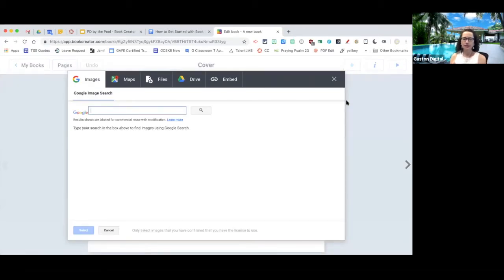So when I click import, and I want you guys to do that too, you will notice the very first tab is going to let me search for images, as I mentioned before, that are allowed to be used in other works. But you'll notice the tabs, I could also add maps. I could put files from a computer. I could add anything from my Google Drive, and I also can embed something from a website. Today we're going to keep it simple, and we're just going to look for